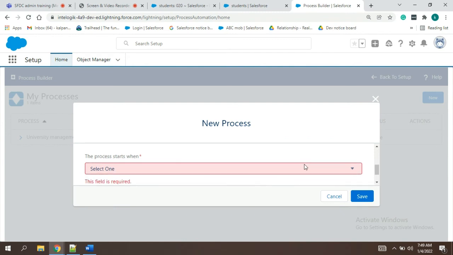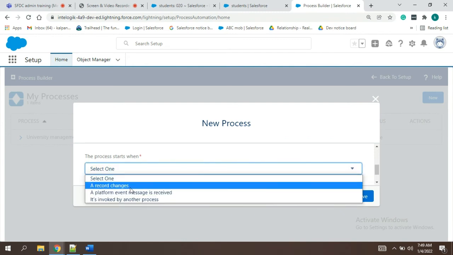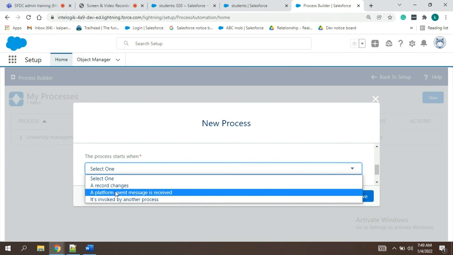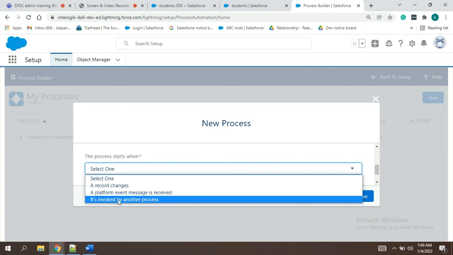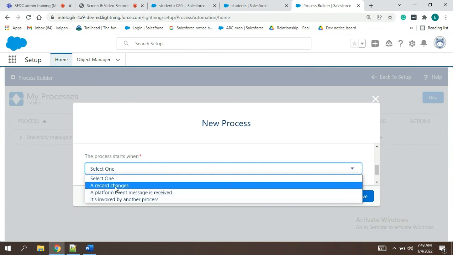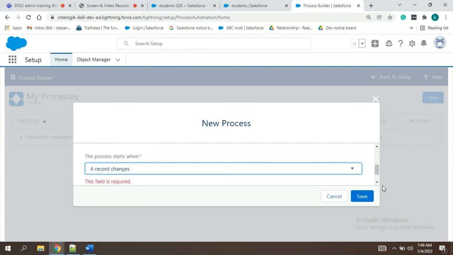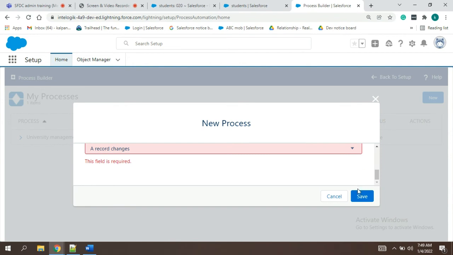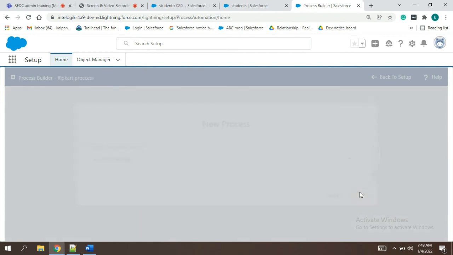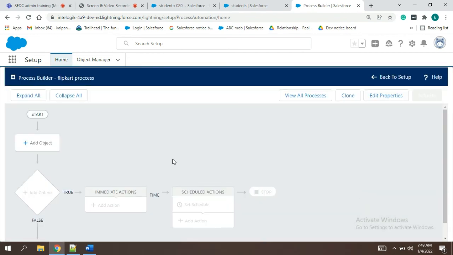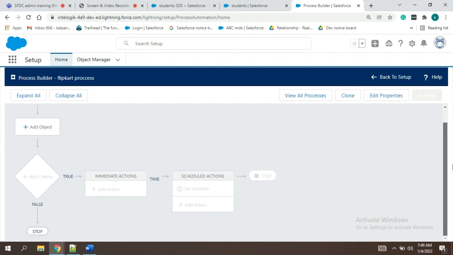When should a process start? It is asking: when a record changes, or a platform event message is received, or it's invoked by another process. These two things are not necessary for you. So the first one is record changes. Okay, save now. Here you can see whatever you do, you will see a visualization effect.